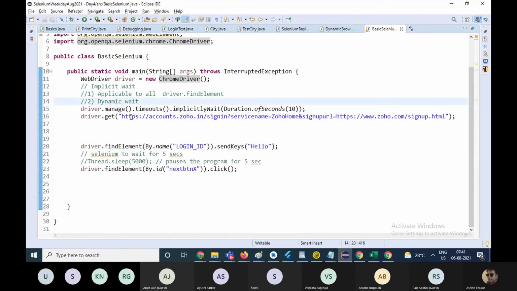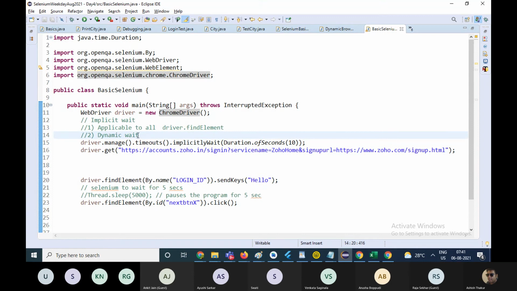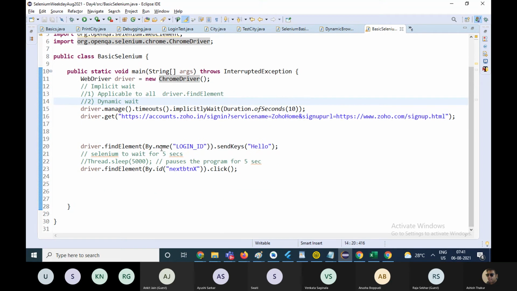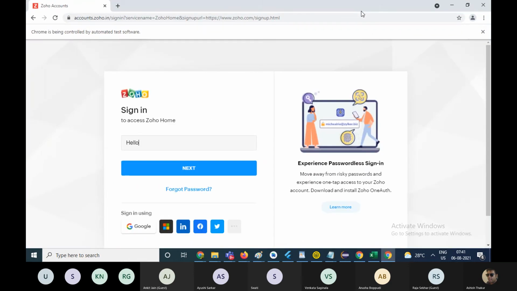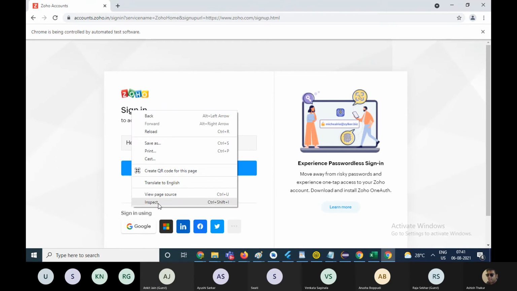This is good. Now, at times all elements will not have an ID or a name. For example, look at this sign in text.